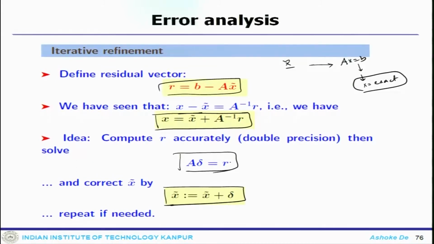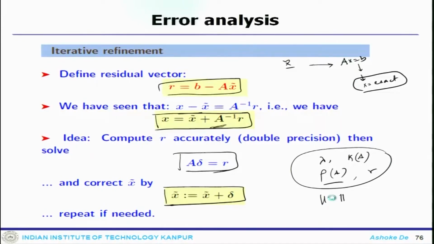And when you do that, actually you have some terms which are associated with A inverse and all these calculations that are taken care of through all this, and while doing those things, the properties and the theorems that we have discussed become important. One has to look at lambda, one has to look at the condition number of A, one has to look at the spectral radius of A, all these parameters, residual vectors, norm, become important.